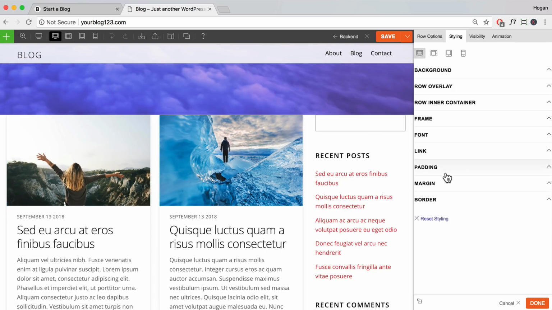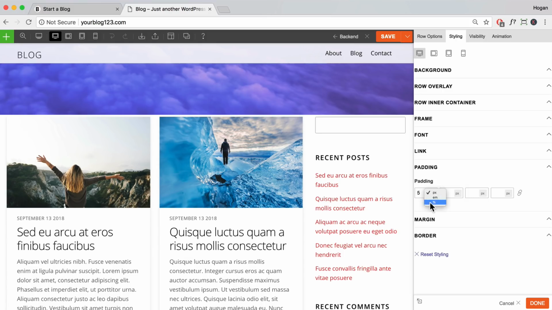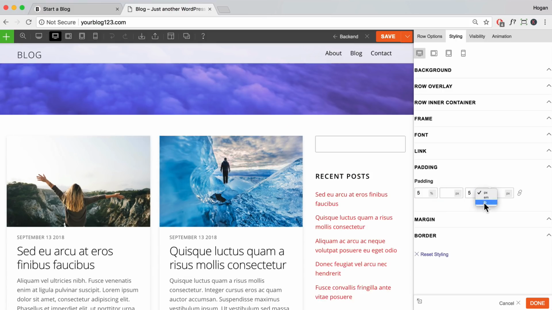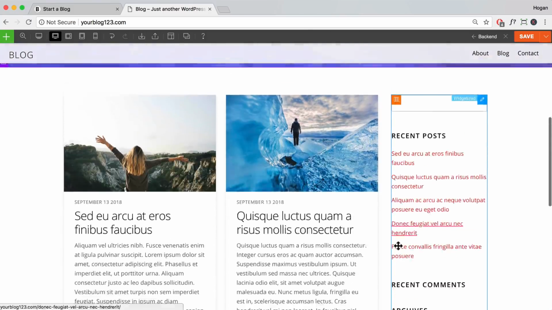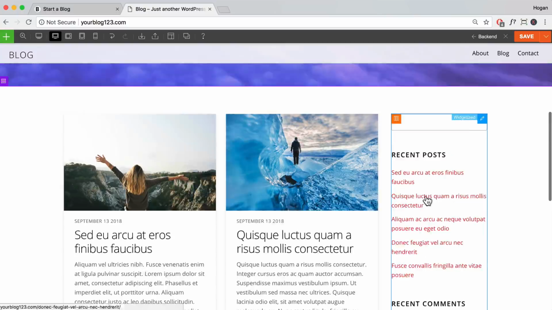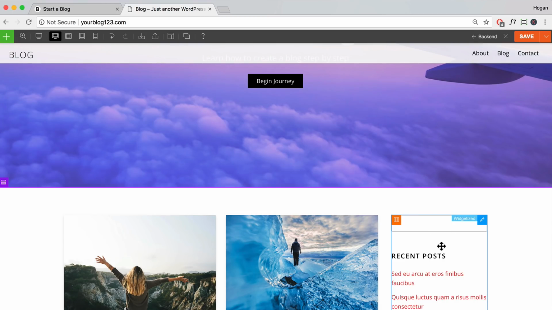Okay, and you can click on padding, and then we're going to add 5% to the top and 5% to the bottom just for some spacing. Okay, click on done, and I think that looks pretty good, and we're going to go to edit the widget section. We're going to click on save, close,